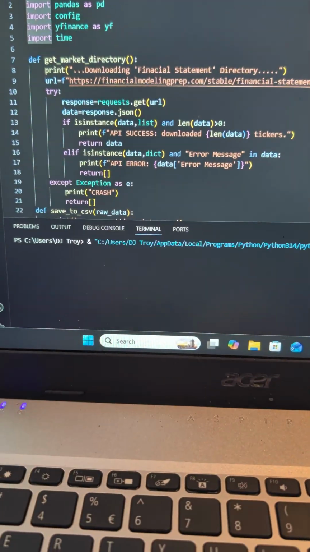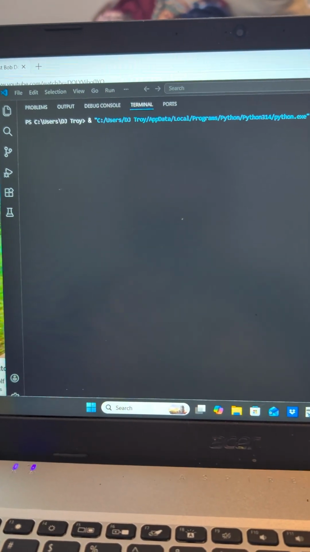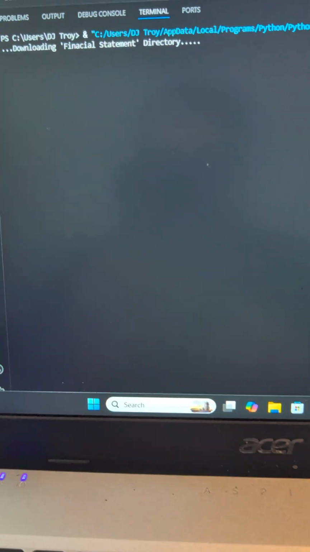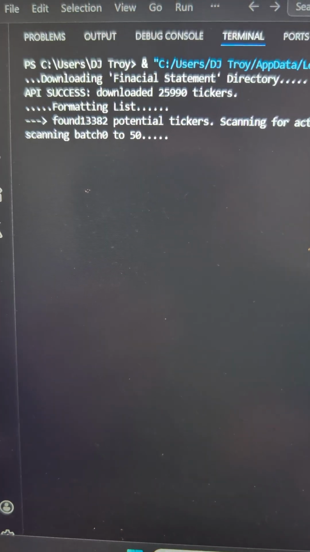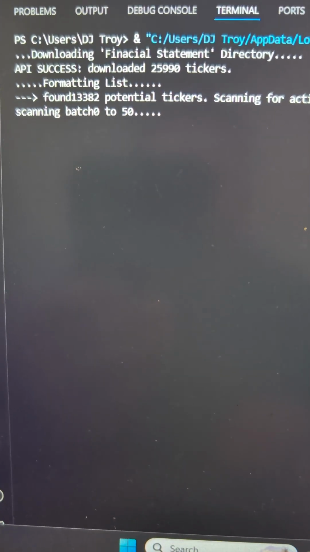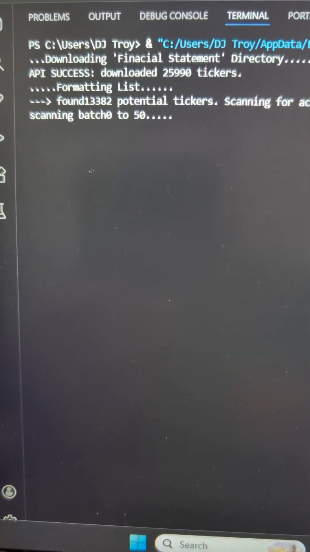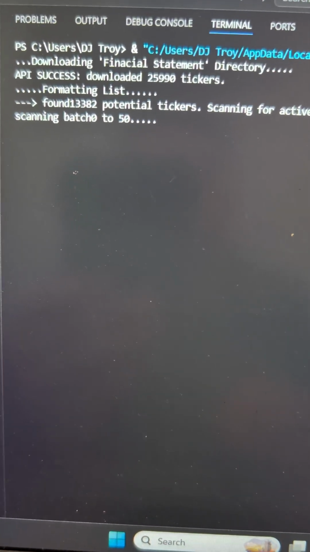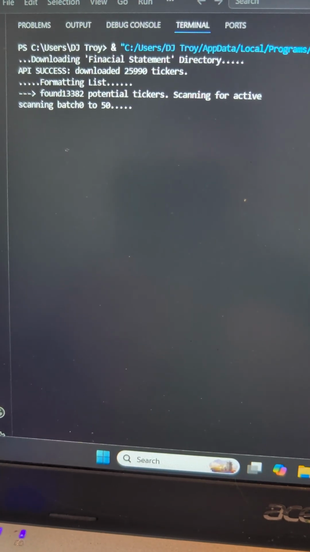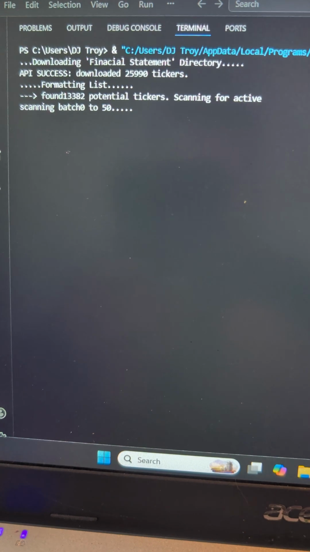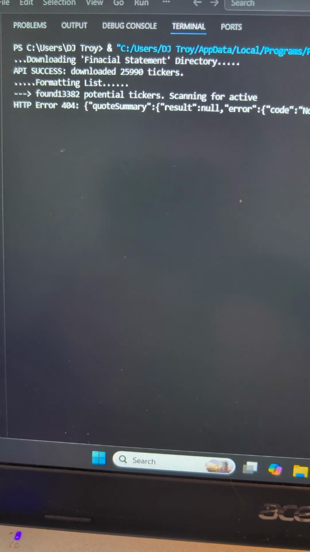First, I say, Yahoo Finance, give me everything on every stock you've ever had. And it gives me 25,000 packages of data, which will come in right there. And then I say, hey, I only want the ones with 4 ticker items, because anything with a decimal or anything like that in the package that comes is going to be like an ETF or a shell company, and I don't want it. I only want companies that have 4 tickers, and that kind of eliminates a lot of